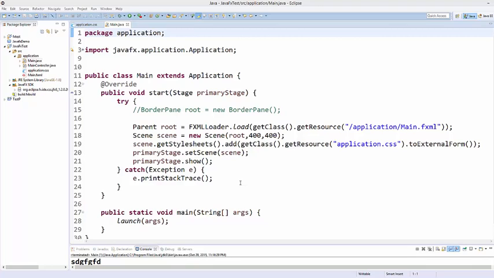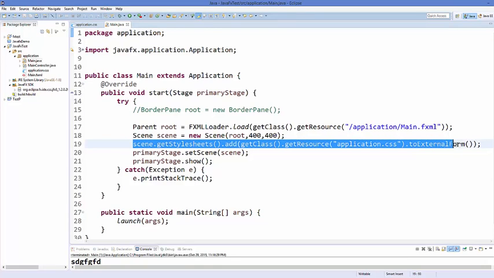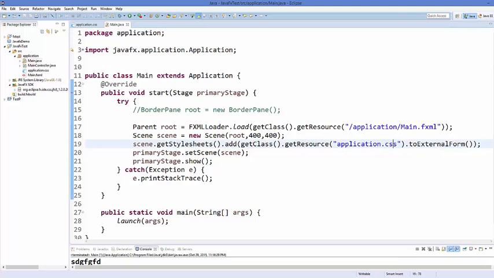In this video, we will see how we can apply styles to our components using style sheets. So if you remember in the last video, we have created a project, and when we create a project, there is this line of code which is automatically generated for us, which is right now interesting for us, which is this one,